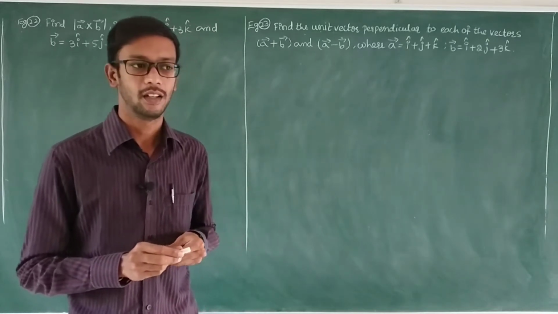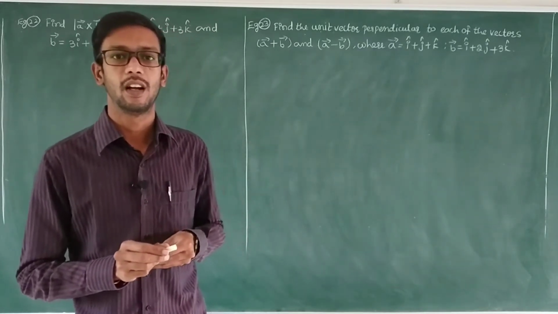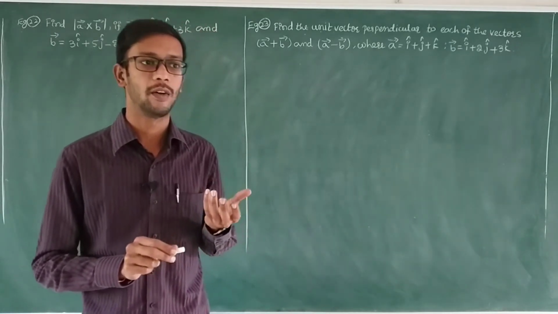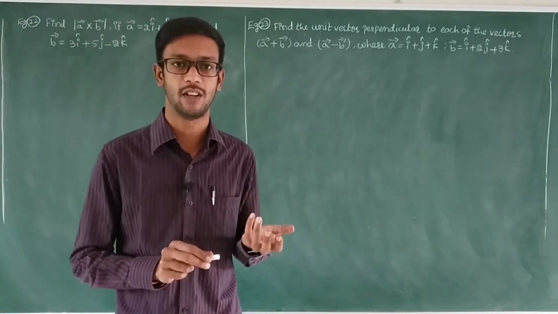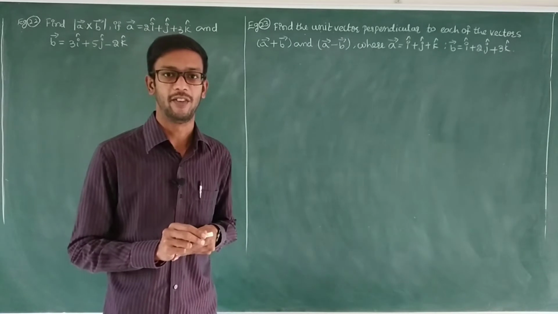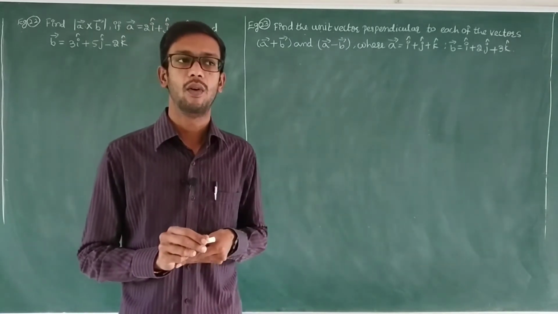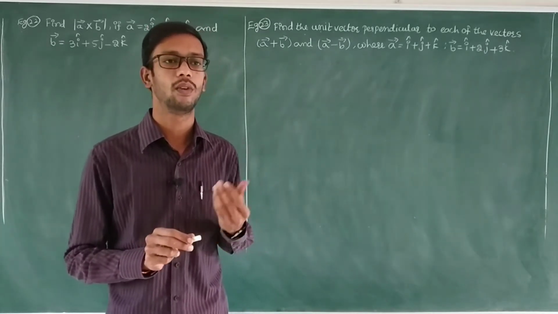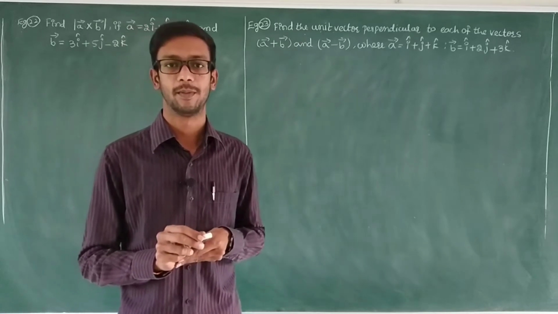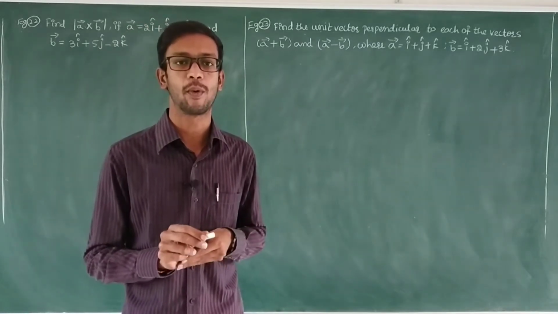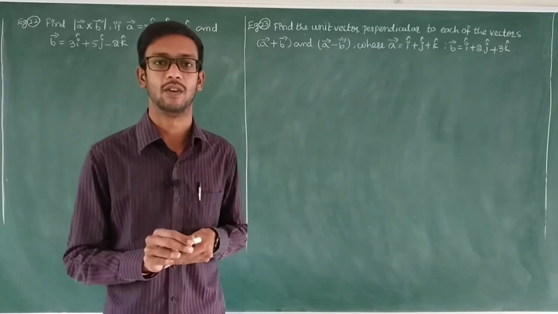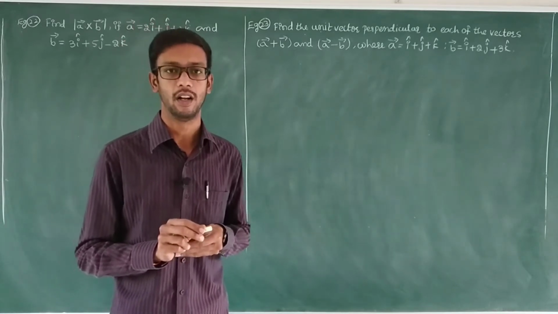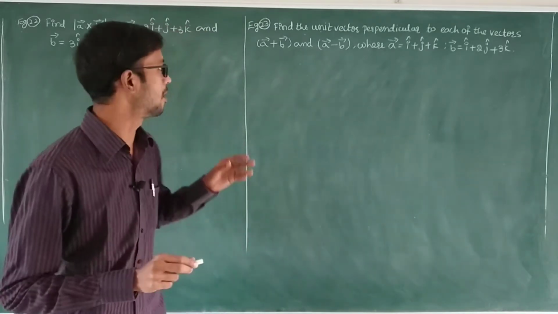In the previous class, we discussed the cross product or vector product, and some properties and observations, some note points. Now, based upon the cross product or vector product, we have to discuss the example problems. In this class, we will continue with the example problems and we will start the exercise also. Exercise 9.4 is totally based upon the cross product or vector product. So now you see, we will start with the first example.